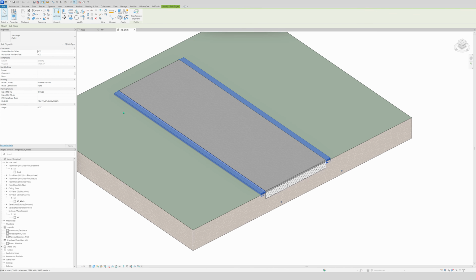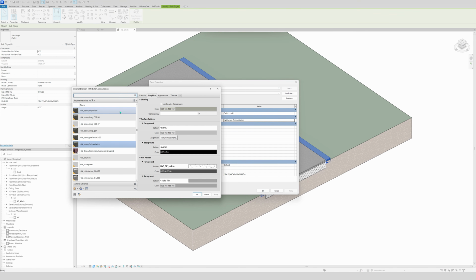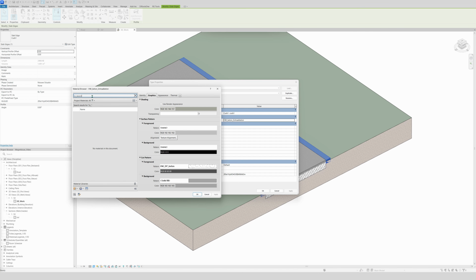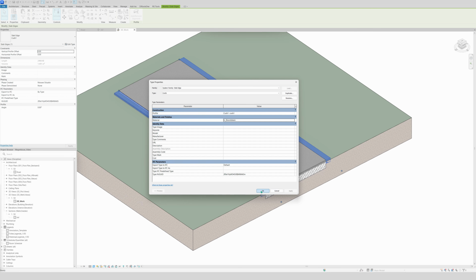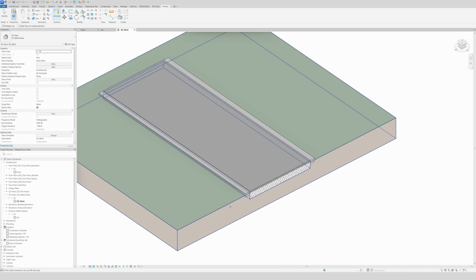Now we're going to change the material, going by edit type, and normally I made one. Okay, voila, click apply, voila, very nice. Now we're gonna cut it also, cut the topo solid again, and boom, there we have it. Now we need an extra curb here, so we will make again